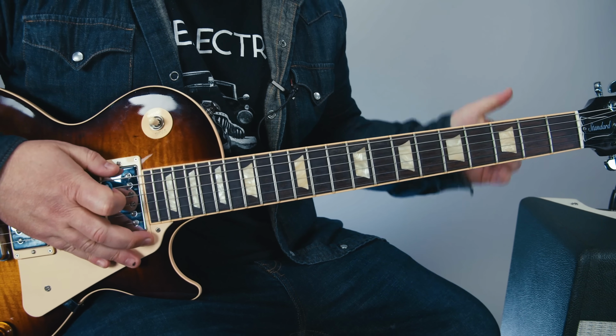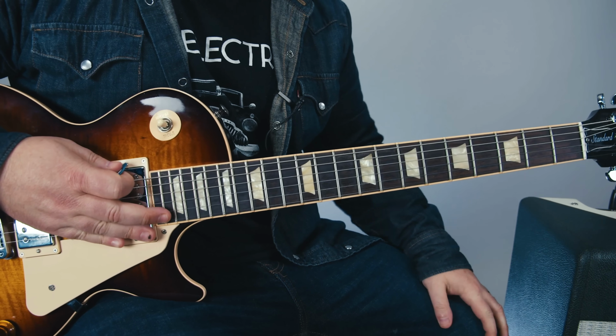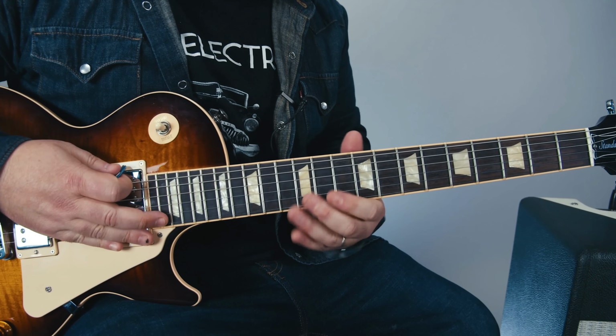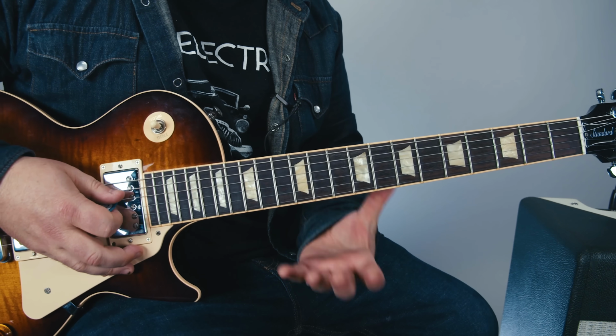All right, let's break it down. We're in drop D tuning. You just have to drop that string down a whole step. It starts with some feedback from a very loud amp with the guitar near it. I'm not that cranked in here to do that, but it's going to be in this kind of D minor